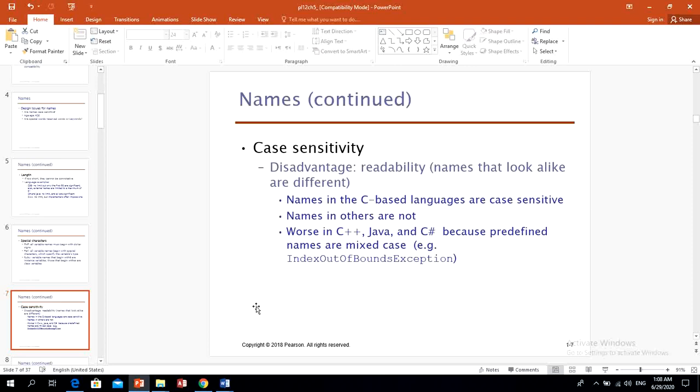In C-based languages, names are case sensitive, like in C and C++. If you write a variable with a specific case, you have to follow that case. In other languages, these variables are not case sensitive, specifically in database programming languages. In C++, Java, and C#,